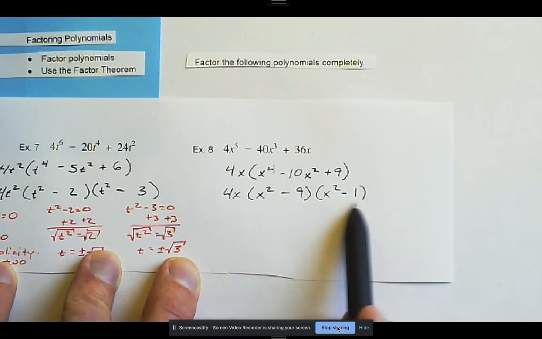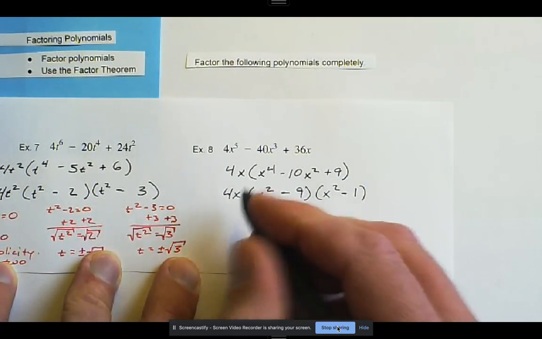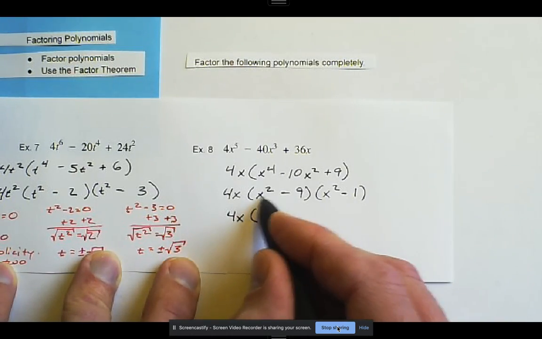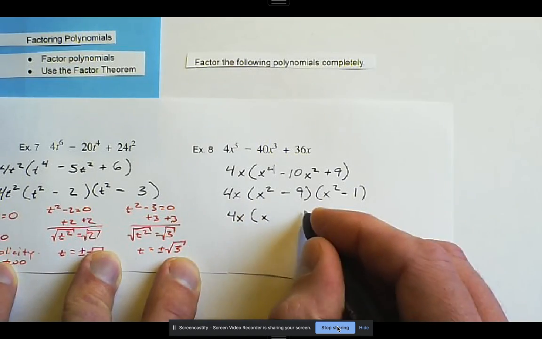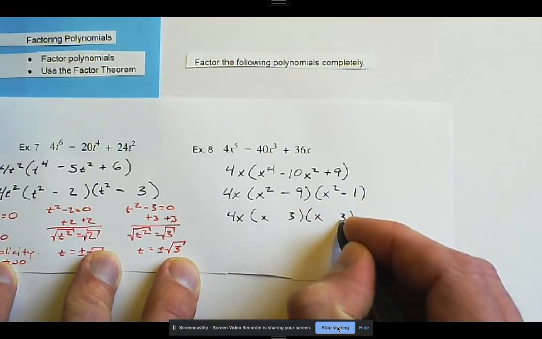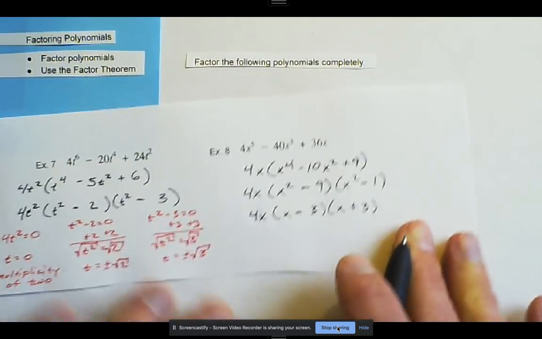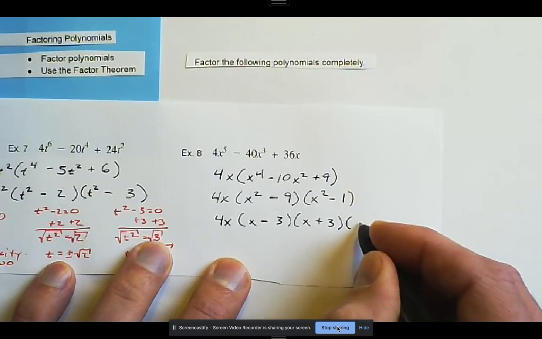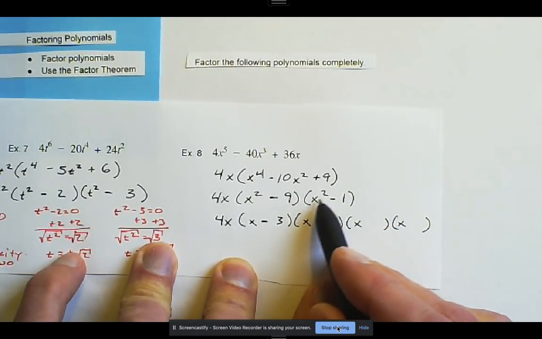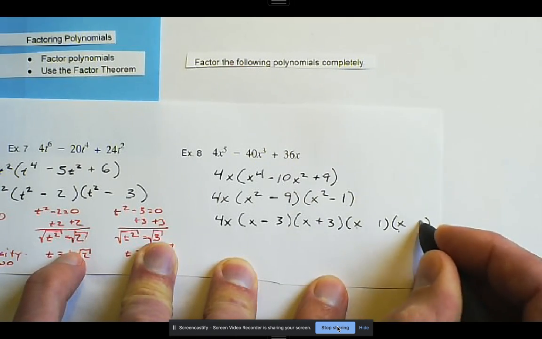Now, again, we have a difference of squares. So we can keep our first one, and then we know the square root of x squared is x, and the square root of 9 is 3. And then we have our conjugate pair, so we have a minus and a plus. And then we have a difference of squares again. So the square root of x squared is x, and the square root of 1 is 1,